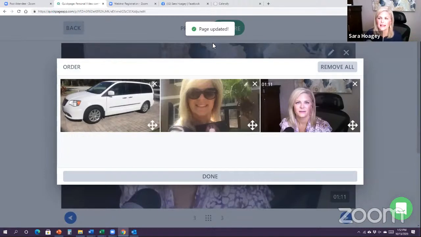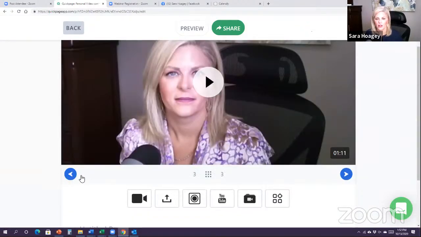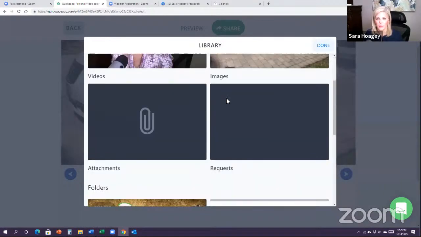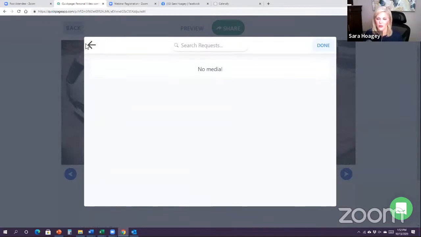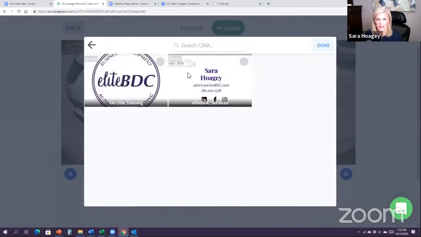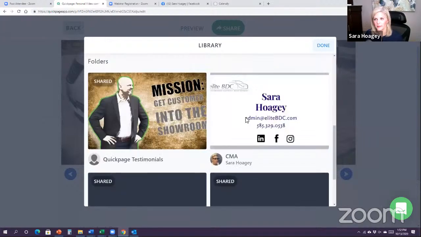Look at how fast that is. That's what really matters, right? The speed of everything. So now you'll see, look, now my beautiful minivan is number 1. So this is where you can go ahead and go into your library. Maybe you want to send a request out to a customer. Maybe I want to send them a little stuff about my services. You can do that here. So that is where you can upload anything from your library